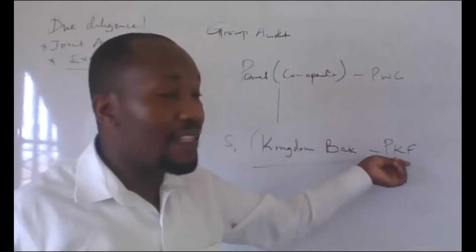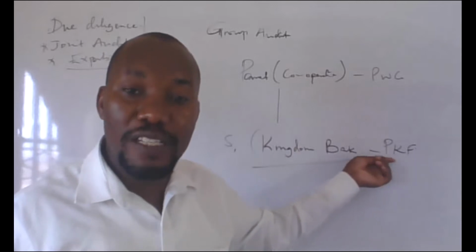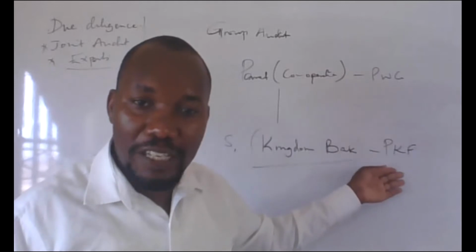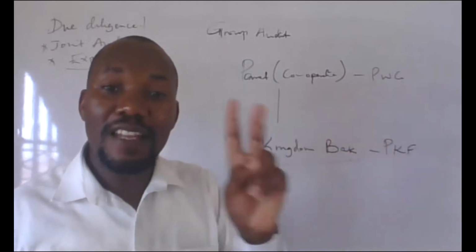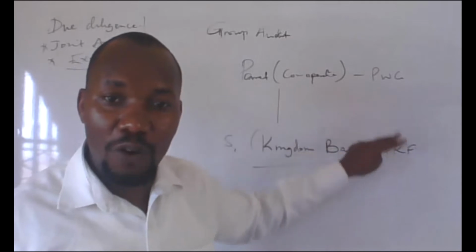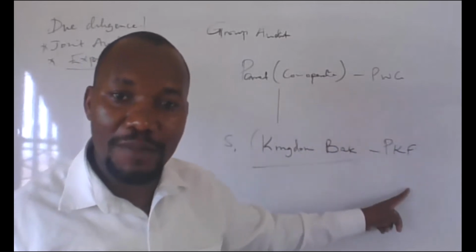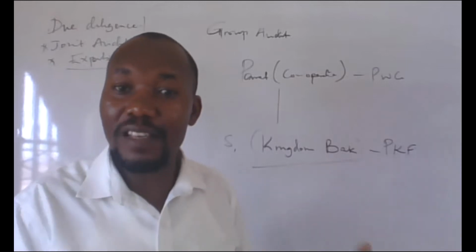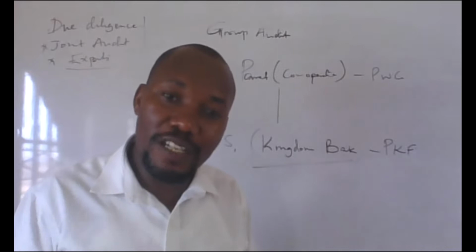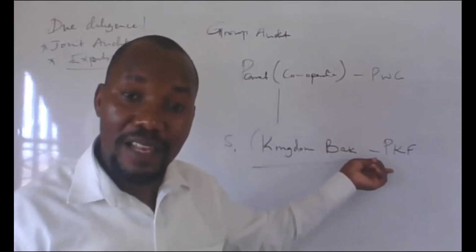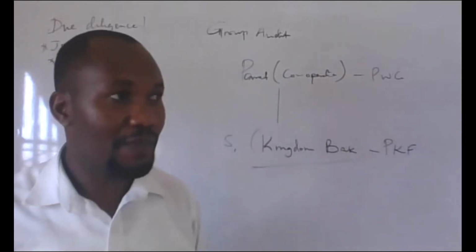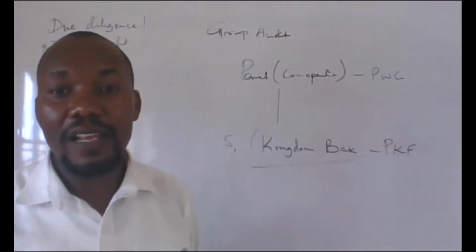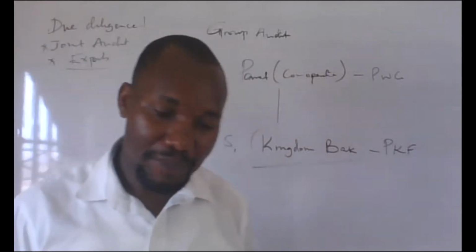Remember, these guys are having their own procedures for quality review. And PwC cannot come and control auditors from PKF. But if they send their own guys, 2 people from there or 1 person from here to come and join this team, they can be able to ask them, what did you check? How did you see this? Did you check this? You know, doing that what we call hot review, they can be able to evaluate the risk level in this particular audit process. So they can send somebody from here to be a representative. That is another way of reducing audit risk.